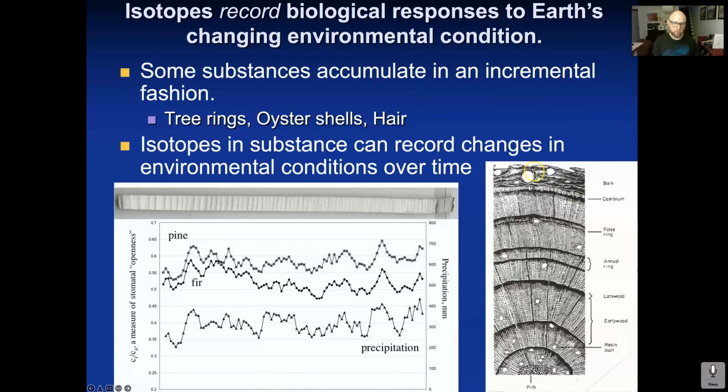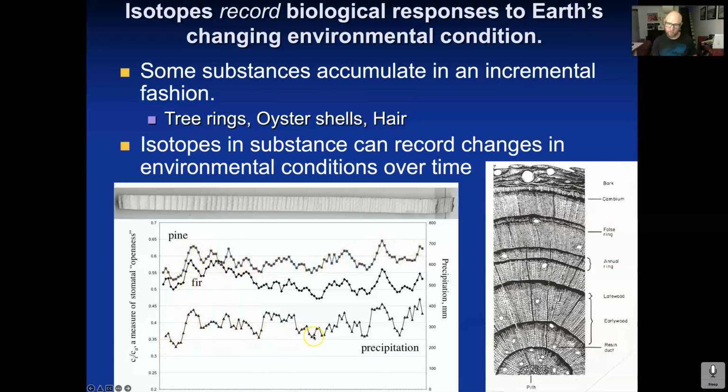The tree rings record something about the environmental conditions in that particular year. They reported it as Ci/Ca, which we'll talk about in a second, but they got this data from carbon isotopes. And you can see we get these different values year to year between different plants. If you look at these two lines, the upper one's a pine,